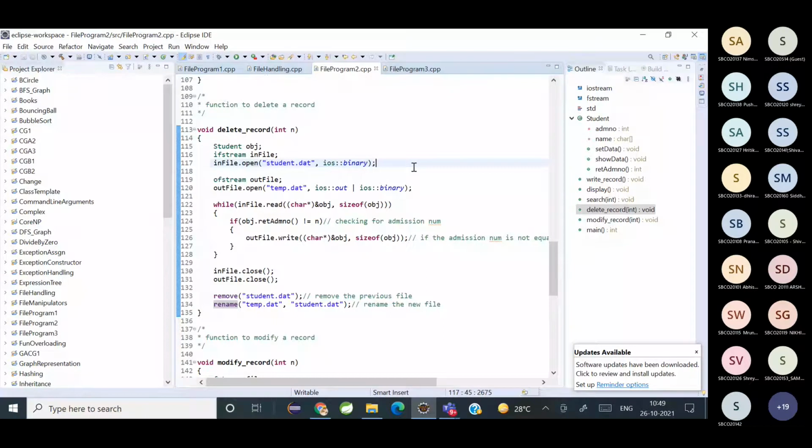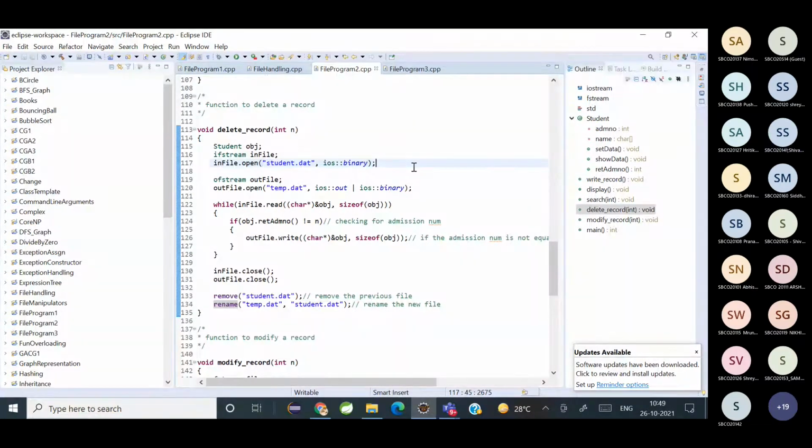You are seeing similar statements again and again and no answer. What is 117 doing? We are opening the file in binary mode. Which file is going to be input? Student dot dat is going to be input, and you are opening another file in output mode, which is temp dot dat. Can you see it?